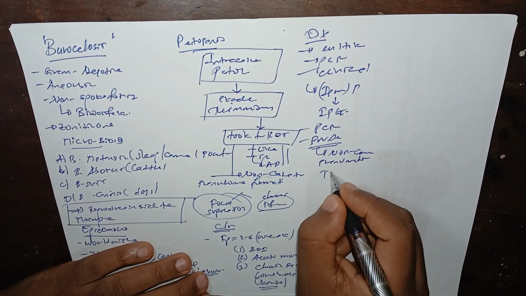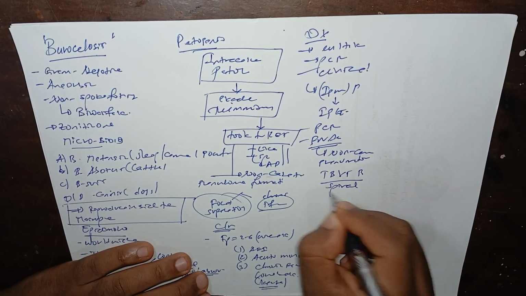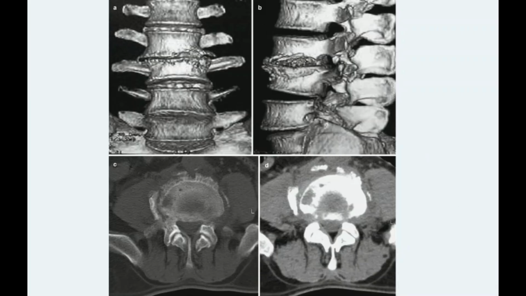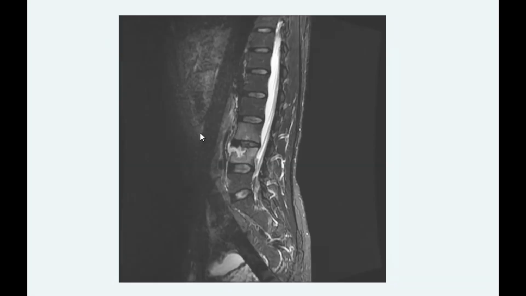So the next one we are going to discuss is TB versus brucellosis in the case of spinal involvement. Let's compare and contrast the real difference between brucellosis and tuberculosis, especially in the spinal case, because they mostly have some common clinical features, but their differences are usually seen with spinal studies like MRI or CT scan. So what will the imaging look like in the case of brucellosis on spinal MRI? This is the MRI, let me open it again.